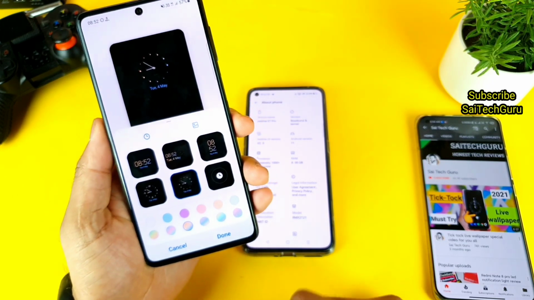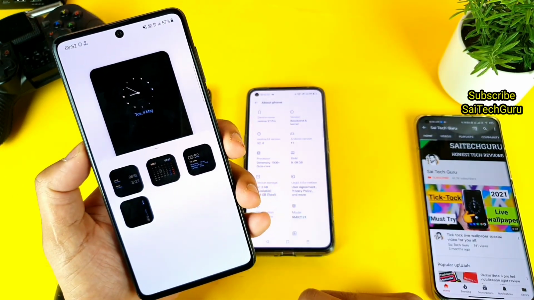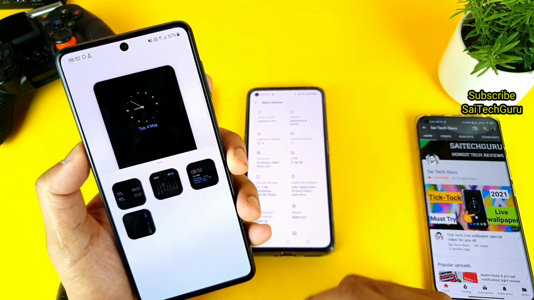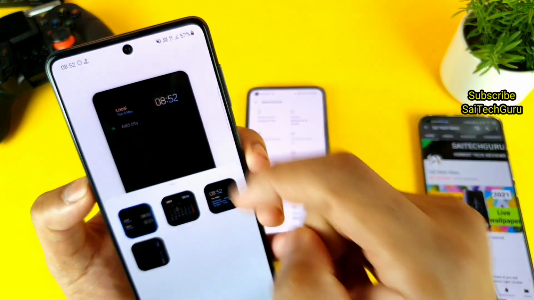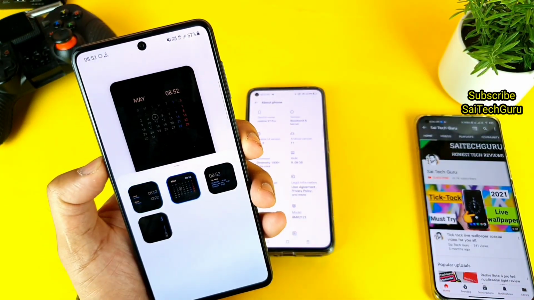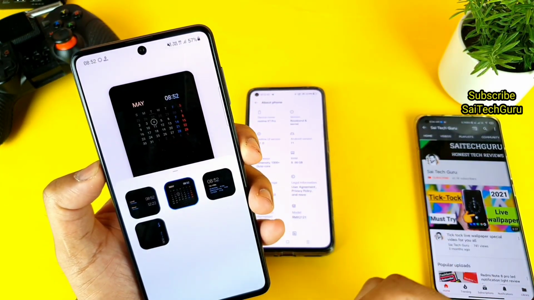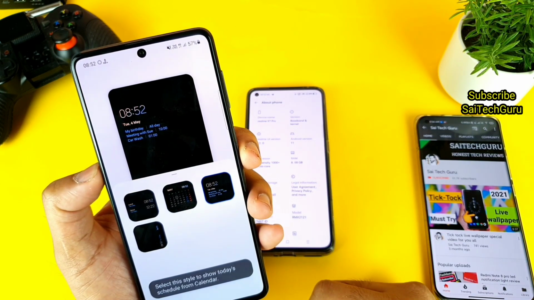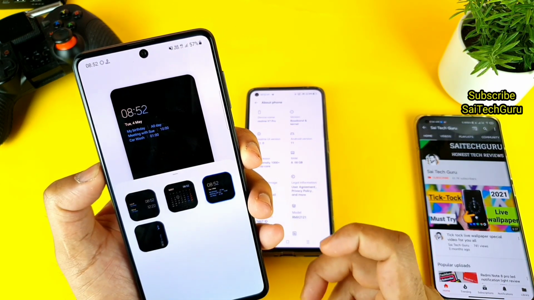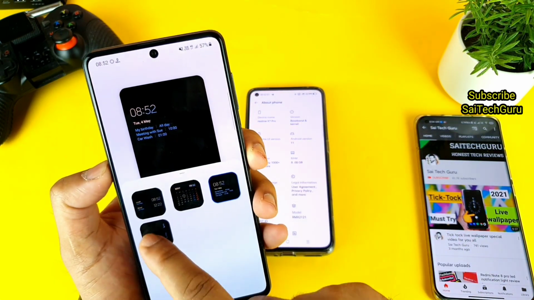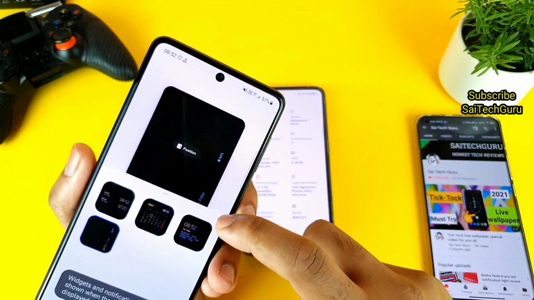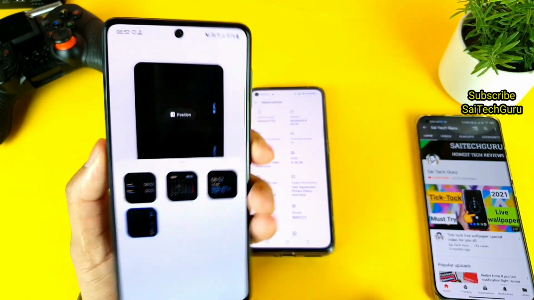And the next option is this last option. This is where it's really good to have this kind of unique themes. First, you can use the dual clock mode and add 2 cities on the lock screen, and if you want you can use the calendar as well. That's another advantage. This will also show you the reminders from the calendar, such as if there is any birthday, those kinds of things. And this is another side always on display which will be displayed sideways, as you can see, friends.